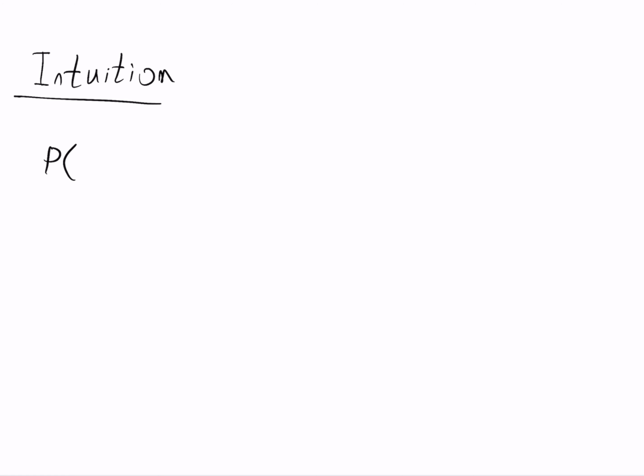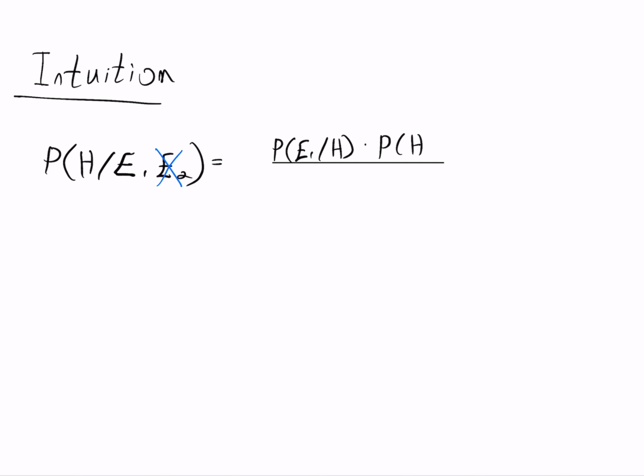If I want to calculate Bayes' law while we have several conditions, I can in fact erase one condition and start working. In this example, I will erase E2 and I'm left with E1. But again, I can do it the other way around. I can erase E1 and stay with E2. The probability of H given E1 equals the probability of E1 given H times the probability of H divided by the probability of E1, Bayes' law. And this is a simple Bayes equation.